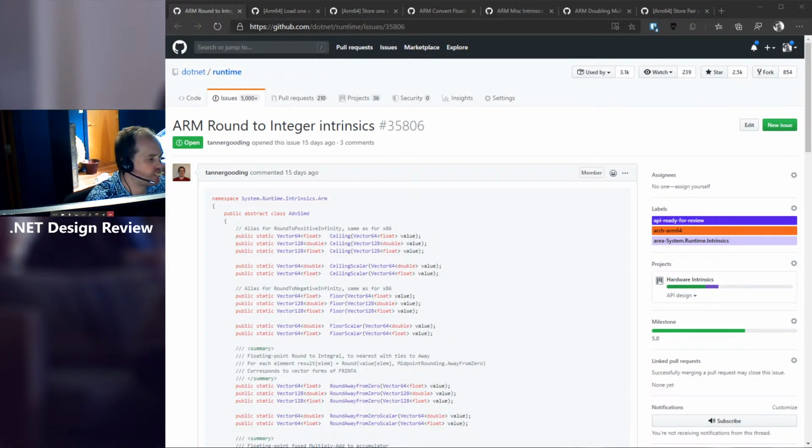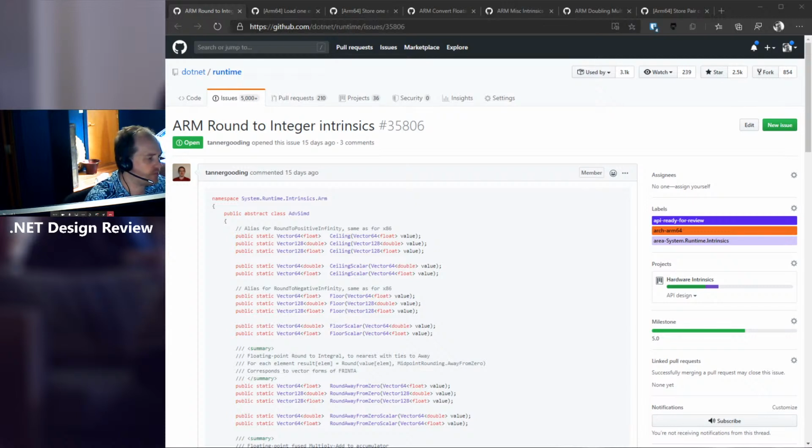Alright, so these are round to integer intrinsics. Rounding takes a float, truncates or converts it, but keeps the result as a float, whereas convert will actually produce an integer. So these are the round ones. They take a float, they return a float, but drop the fractional part in some